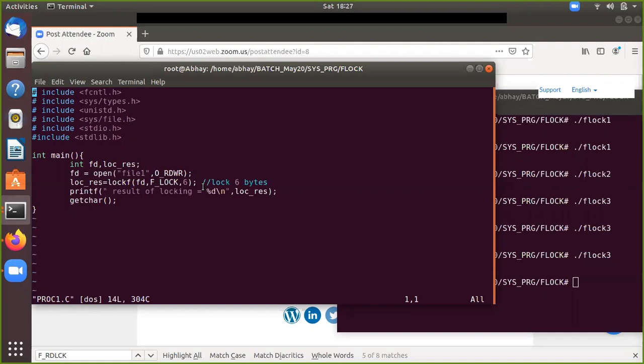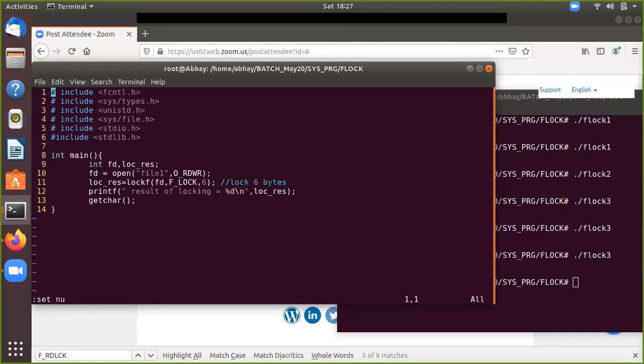So fd is the first argument. Fd here is the open file descriptor which we are receiving from a file. Now I will advise that when you are doing system programming, you should use this error code. You should be checking all the things, whether you have returned a success file descriptor or whether you have returned any error code. You need to validate everything.